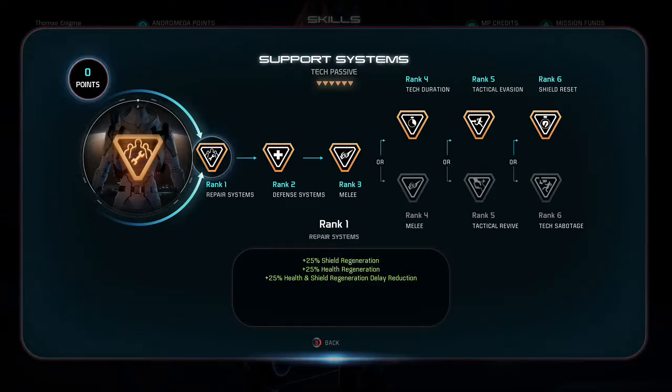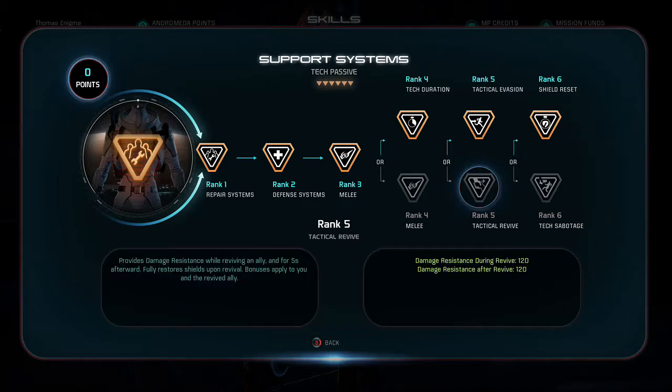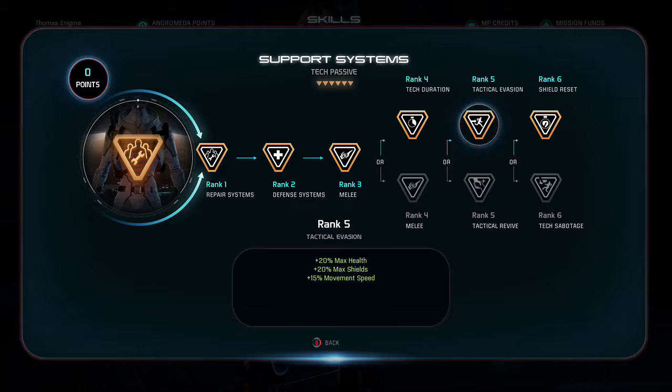As far as support system, I take tech duration just because I'm never going to throw a punch with this guy. And once again, that'll help the energy drain and cloak. So even though we're not taking duration, if we ever need that duration, we have it. This is also good if you do go the energy drain build, which I might show at some point. But here, tactical evasion or tactical revive. I don't ever really use tactical revive on this character because if I revive, I'm cloaked, so it doesn't really matter. As well as it's hard to pass up the movement speed, health, and shields, especially because he's a Salarian